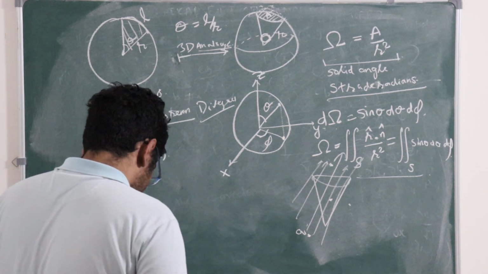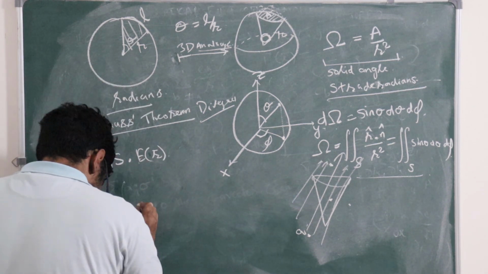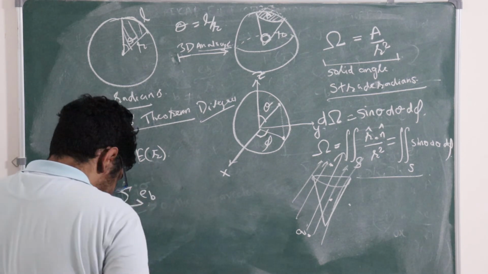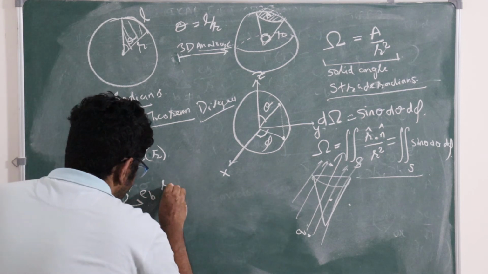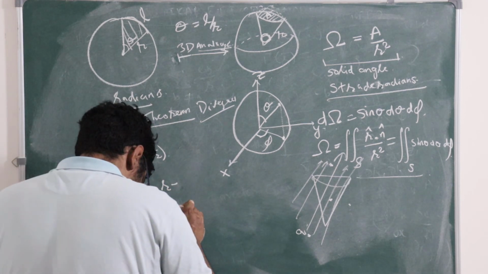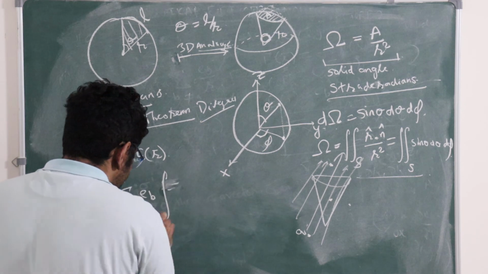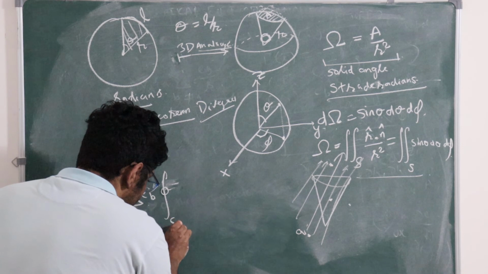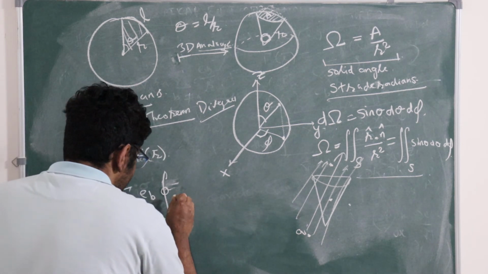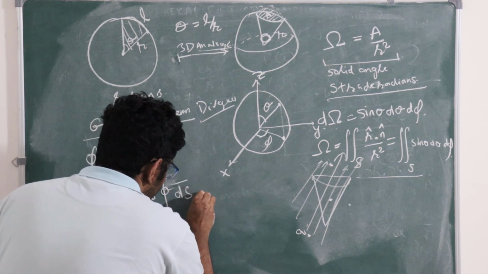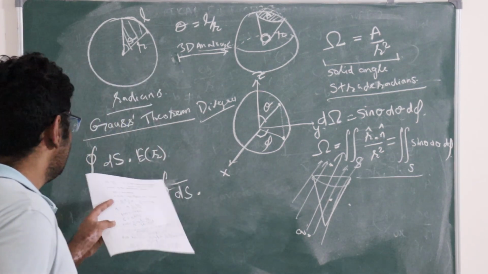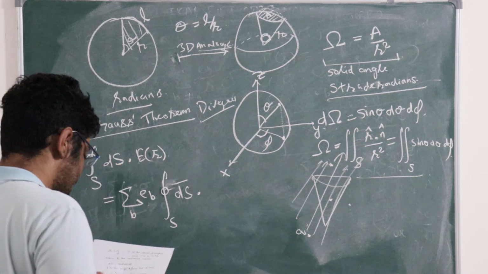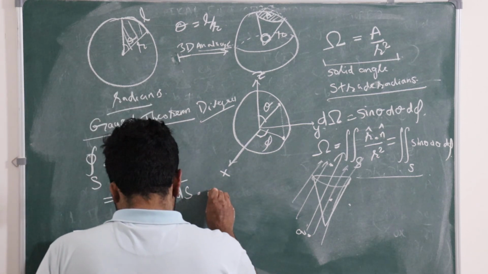This is equal to the summation over b of the summation of all charges, and the integral of ds dot, well, the electric field for a point charge. We derived its expression, and that expression can be